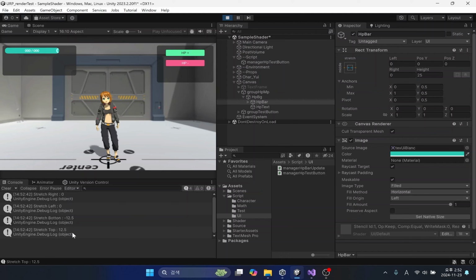However, the height value and stretch top value in the inspector are different. Since the height is stretched by dividing it into the bottom and top, it is expressed as 12.5, which is 25 divided by 2. What we need are the right and top value of the image.